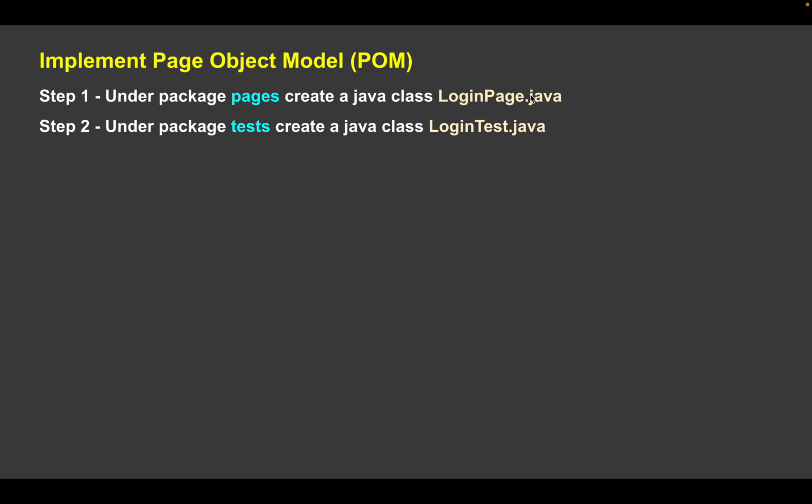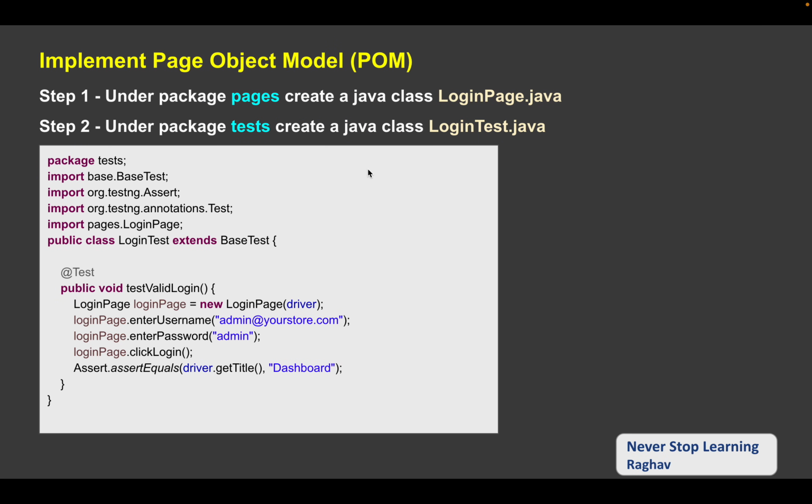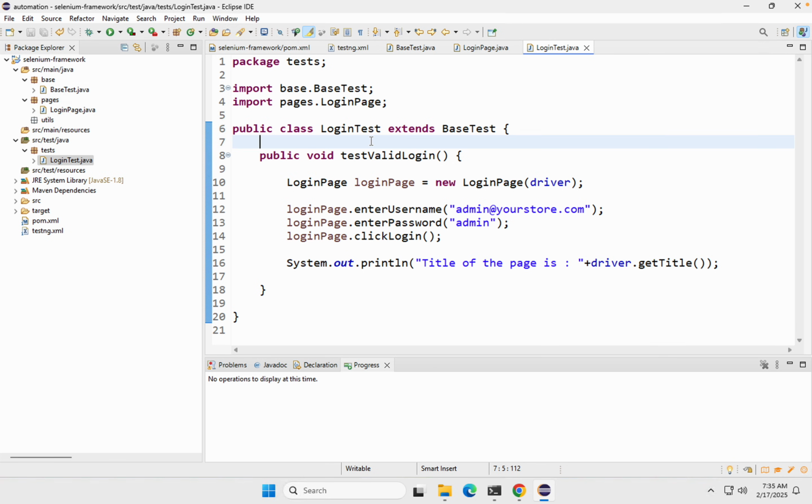Okay, now next is we have to add the TestNG plugin to Eclipse, because now this is a TestNG test. We have added all these annotations. One more thing that I forgot is, in this test function you should add the annotation